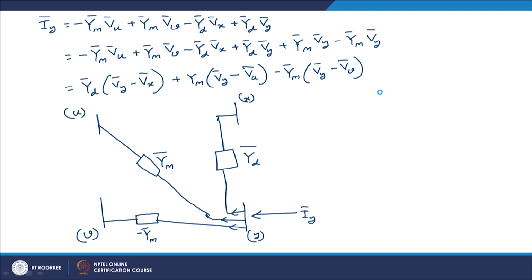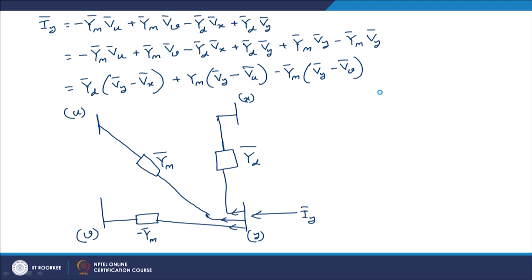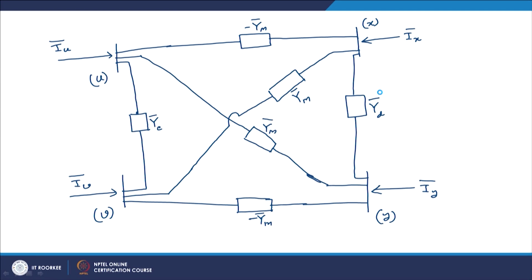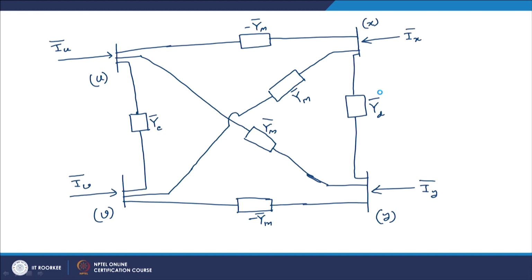Between Y and X there is an Yd, we have already connected them. Between Y and V there is one minus Ym, and between Y and U there is one Ym. So, then therefore, this is the equivalent circuit. This is the complete equivalent circuit of this